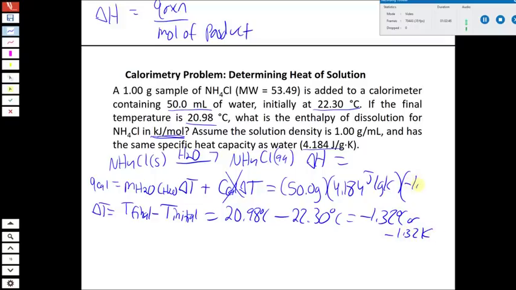Celsius or Kelvin. So we plug that in for our delta T, and as usual, my poor planning doesn't give me room to write it, but what we get is negative 276 joules. So what that means is that the water is releasing or losing 276 joules of heat because it's a negative here. So that's the heat for the calorimeter, which in this case is just water, negative 276